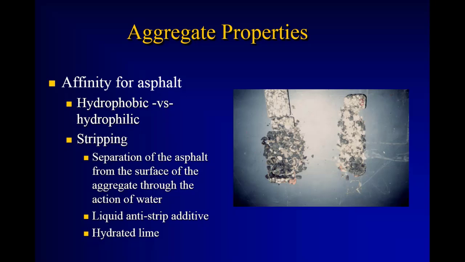Of course, the asphalt comes out of crude oil. So a lot of times, for example, in South Dakota, they just use hydrated lime in all mixes as a mineral filler. Because when you get over into that quartzite area that I showed earlier on that geologic map, this quartzite doesn't always get along with asphalt. And so rather than using a liquid antistrip, South Dakota did a lot of major research and said, hey, we can put hydrated lime in all our mixes. It helps resist this stripping problem where the asphalt separates from the aggregate,